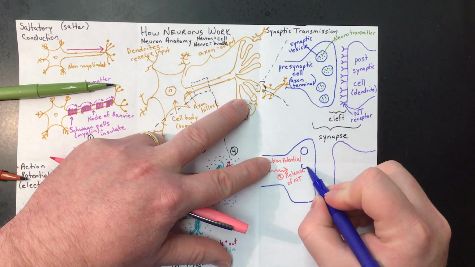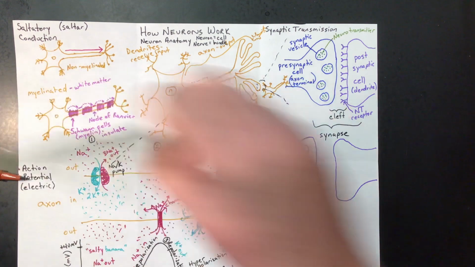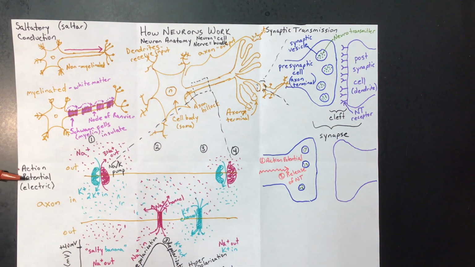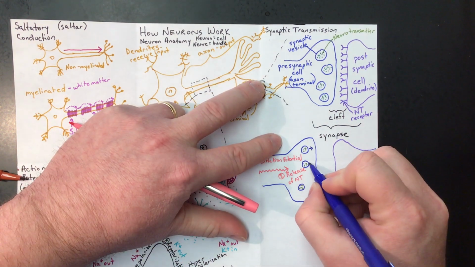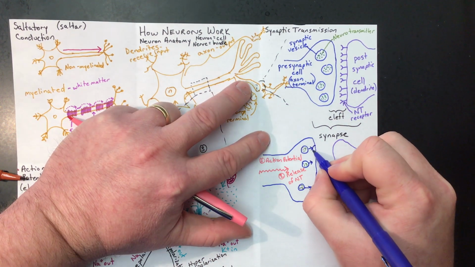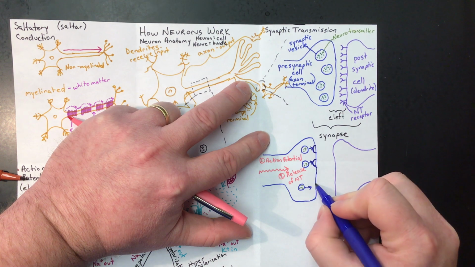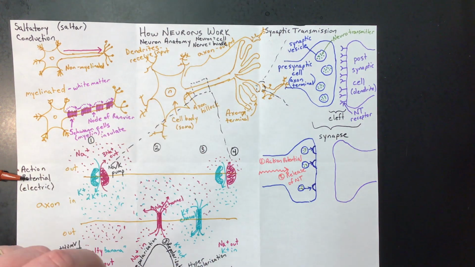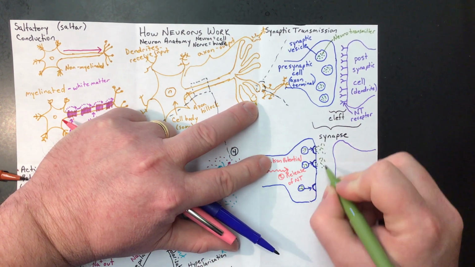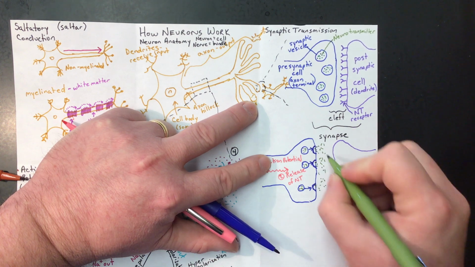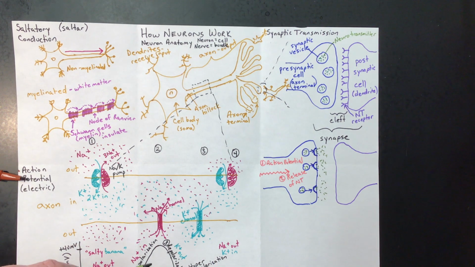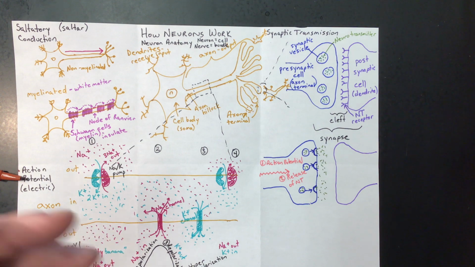So our synaptic vesicles that are here that have neurotransmitters in them, those vesicles actually move to the end of the axon terminal. They fuse with the axon terminal end, the membrane, and then they release the neurotransmitters into the synaptic cleft. So now this synaptic cleft is filled with neurotransmitters, and that gets us to step 3,